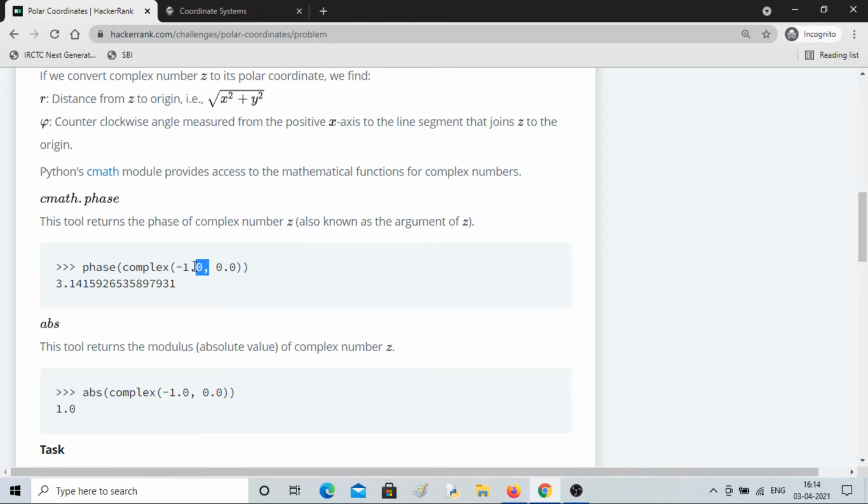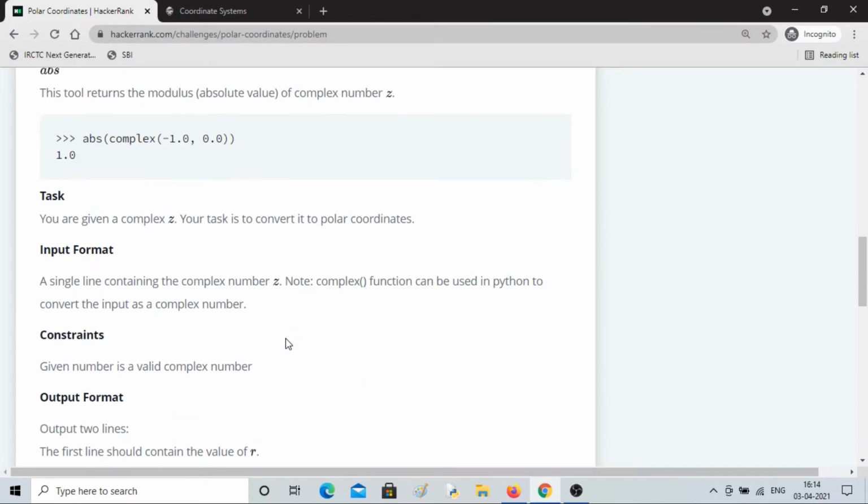So you can see that 180 minus tan inverse x by y. Okay, sorry, y by x. So tan inverse 0 will be 0, so that's why pi is coming, which is 3.141. Okay, 180 minus the angle, because you have to calculate from the positive x-axis, and if you do tan inverse y by x, it will calculate from the negative x-axis. So you can search on your own. I mean, you might know what I'm talking about.